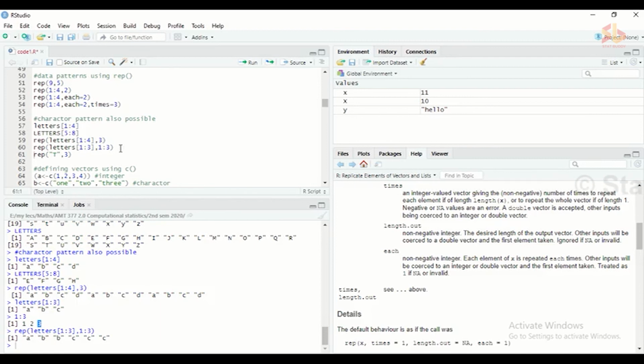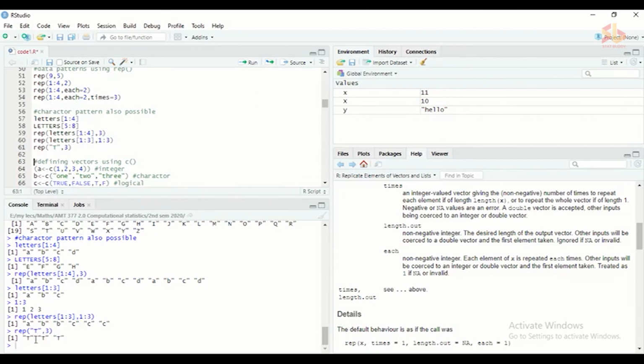And you can give a character directly as we did in numbers. So if I need to repeat T, the character T, not the logical T, 3 times, I can type the character inside inverted commas and repeat it 3 times. So it will give 3 character T's.